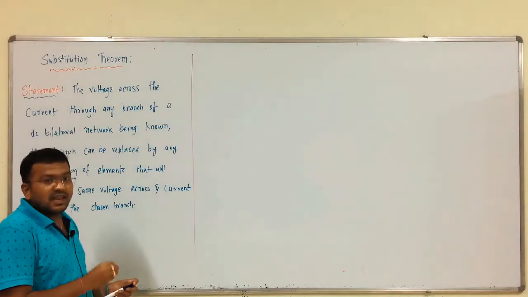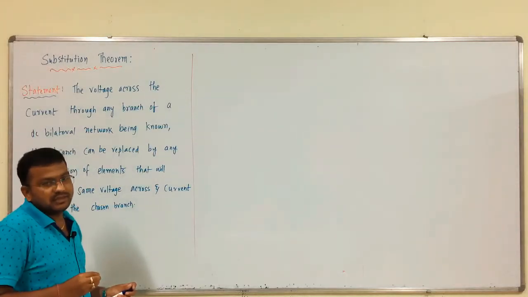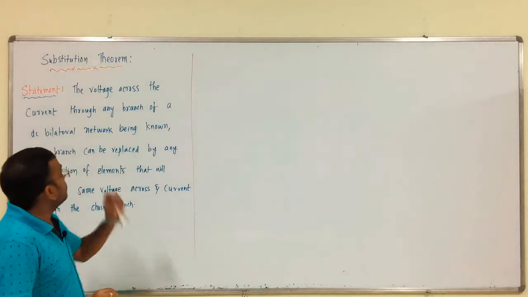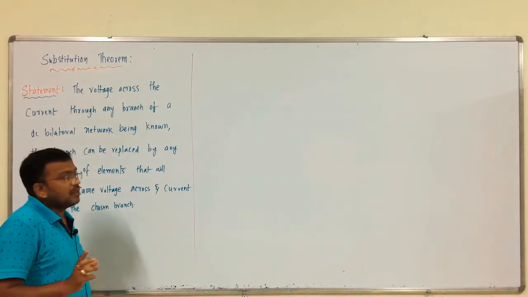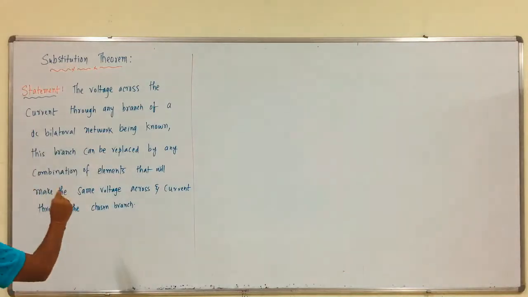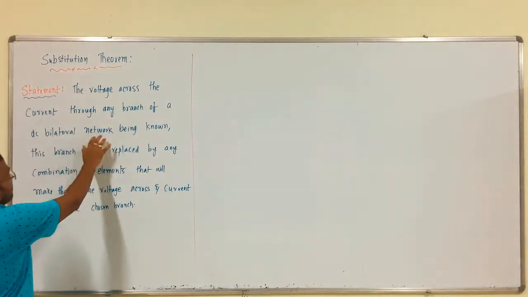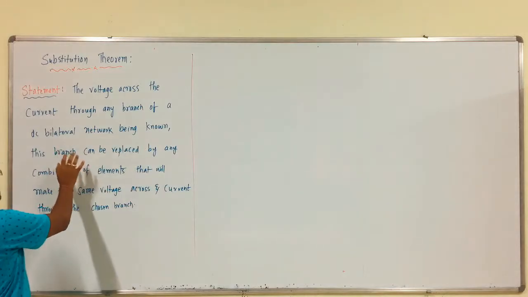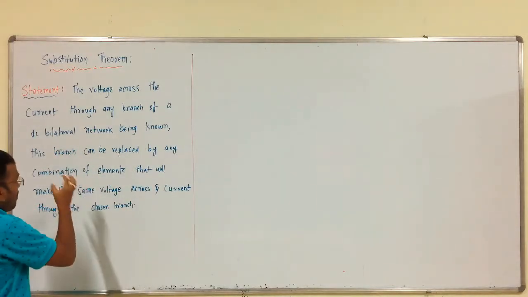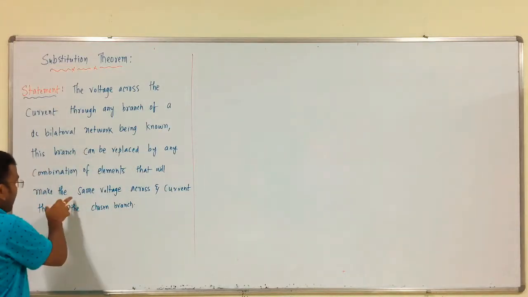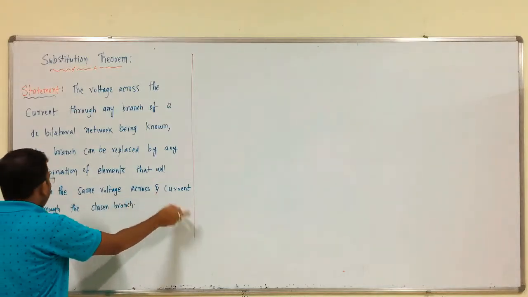Next we will discuss the last theorem of network theorems with DC excitation. So, that is the substitution theorem. The statement for this: the voltage across and the current through any branch of a DC bilateral network being known, this branch can be replaced by any combination of elements that will make the same voltage across and current through the